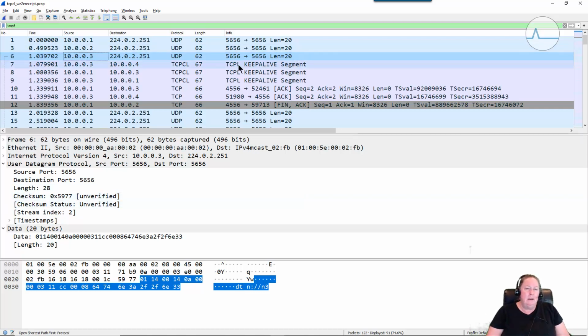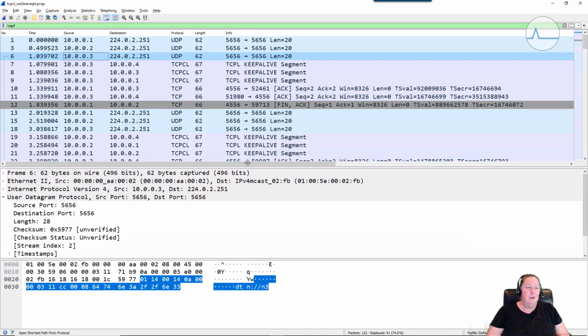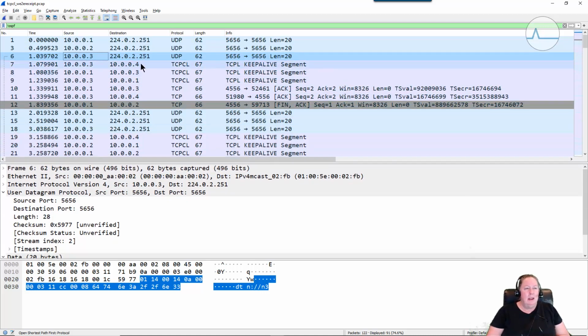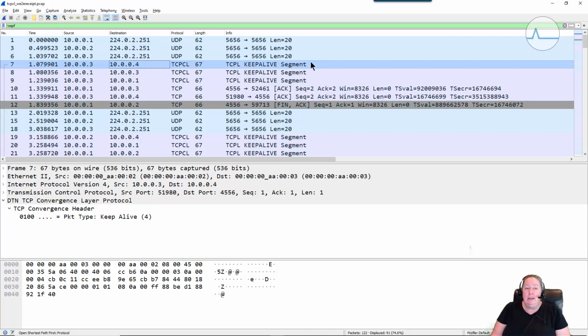What we're interested in are the TCP-CL packets. So frame number 7 there is the first time we see a TCP Convergence Layer packet. And this is just a keep alive. By looking at these keep alives, we can get a general idea of which hosts can see which hosts. So in frame number 7, we have